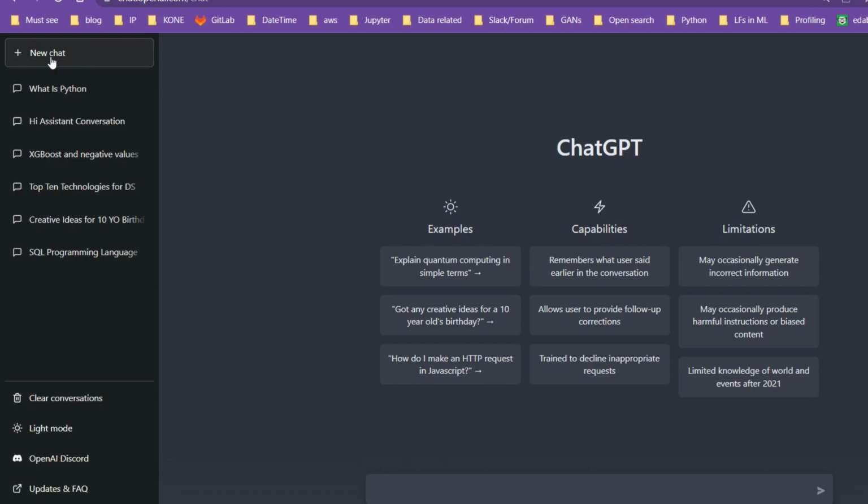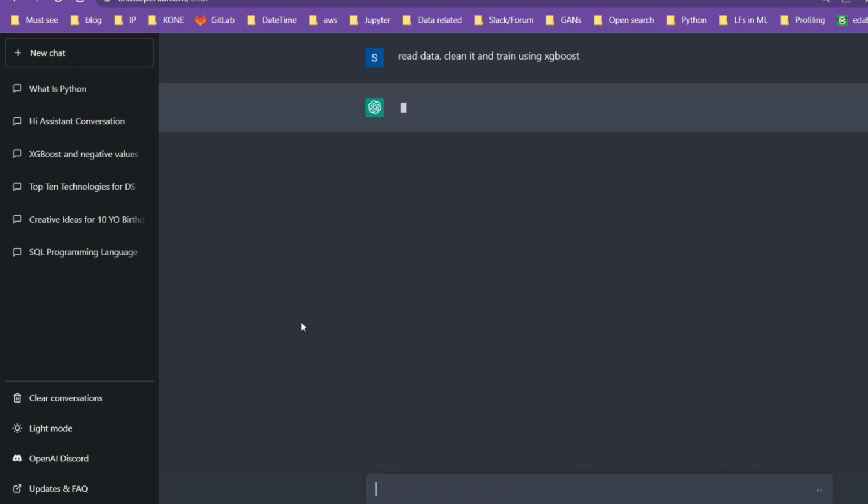I hope it will work and the load is not that high at the moment. Okay, let's see. Let's say, read data, clean it, and train using XGBoost. Let's just pass this to